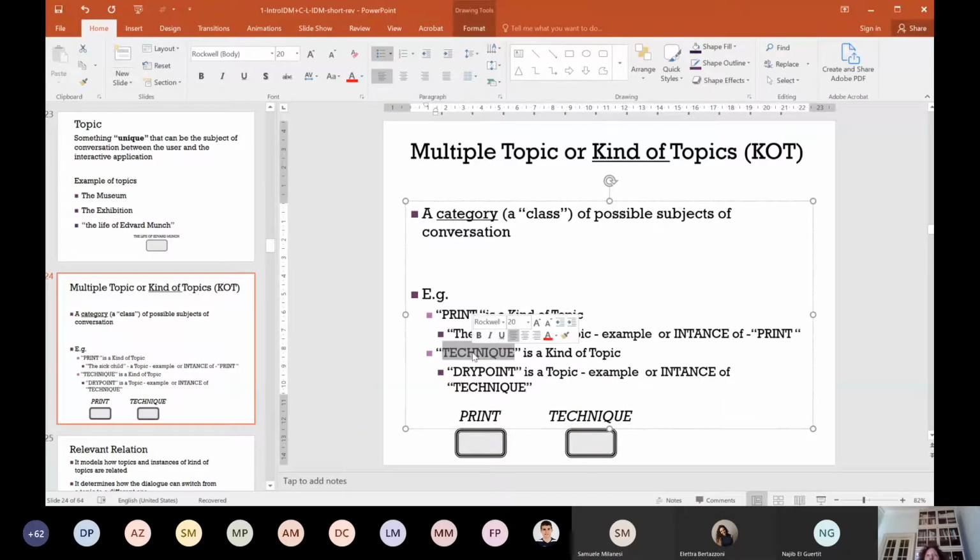Or we talk about technique. There are many techniques for the different prints. So if you have technique, which is a kind of topic, a specific technique, such as dry point, is an example or an instance of technique. So we move from single elements, topic, to types, to sets of arguments, of subjects, of themes that have